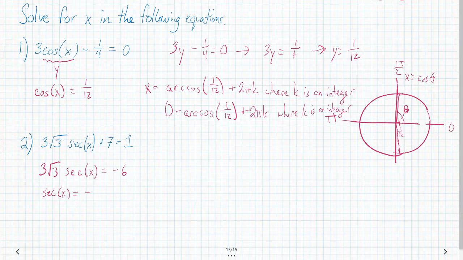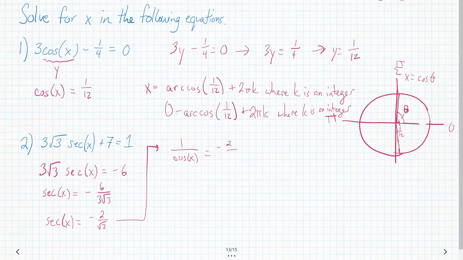equals negative 6 over 3 root 3, which luckily can simplify to secant of x equals negative 2 over root 3. And you might not like secant of x, so we can fix that too. We can write secant of x as 1 over cosine of x equals negative 2 over root 3. And so that means cosine of x, once again our lucky cosine here, is negative root 3 over 2. Now this one's a little bit more